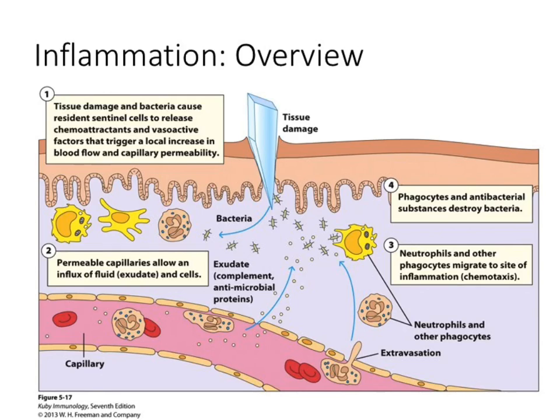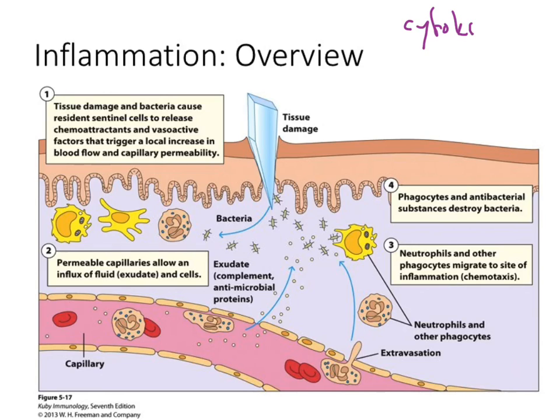Those macrophages that are initially there, their goal is gobble, gobble, gobble, eat up the pathogens. And what they will do then is when they recognize these pathogens, they respond. And one of those responses includes the secretion of two different types of molecules,